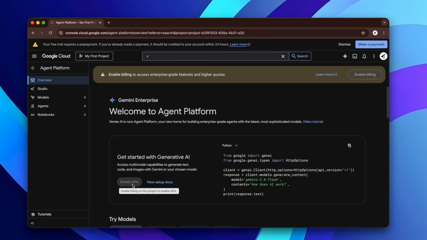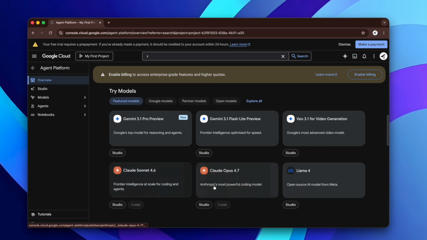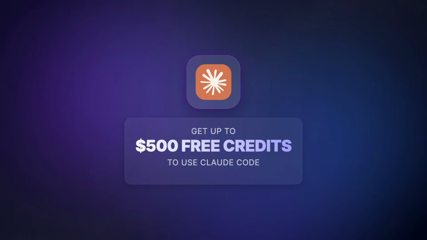But before enabling the API key, you need to add a credit card for verification. Don't worry, Google will not charge you unless you upgrade to a paid plan. Even if you use all the free credits, they will not charge you automatically. You only need to add a credit card and create a billing account to enable the API key. After that, you can use Claude 4.7, so now you know how to get up to $500 in free credits